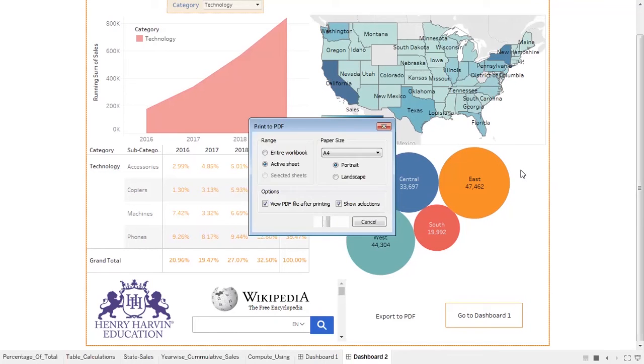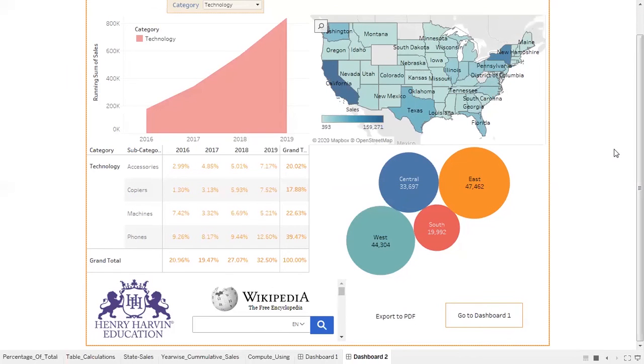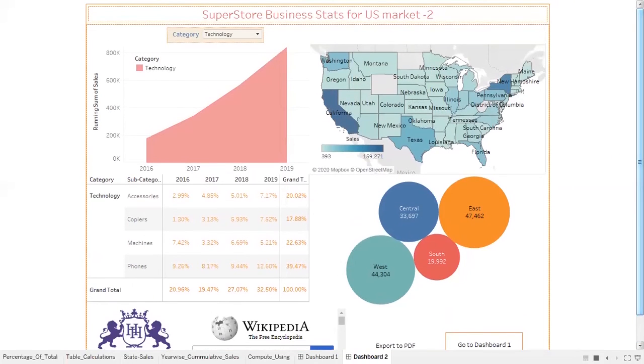Over here you will not get the web page URL, so I'll have to check that. Maybe it doesn't appear, or maybe I'll have to export it again. Not sure about this one. I guess I'll have to show you my PDF. So you guys remember that this is how it was looking.